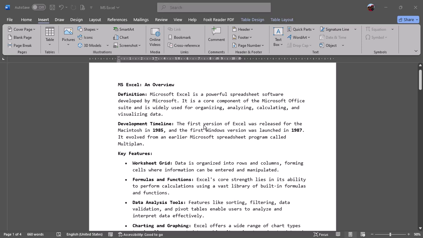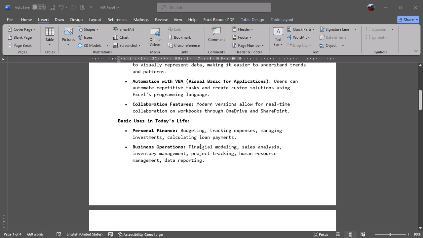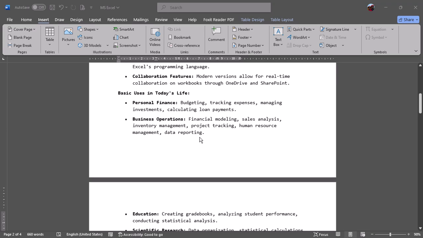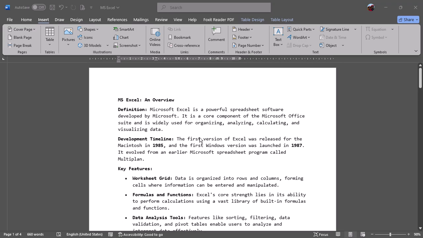to define Microsoft Excel. We look at the development timeline, key features. Then we also need to look at basic uses of Microsoft Excel in today's life. Then we'll do our practical activity at the end of it all. We need to spend very few minutes in this video so that we do a lot in practice. So now,